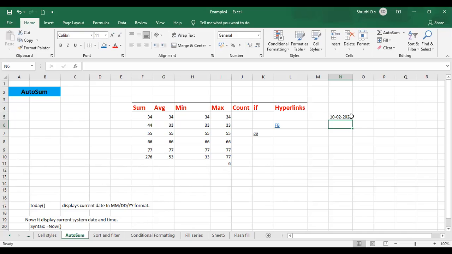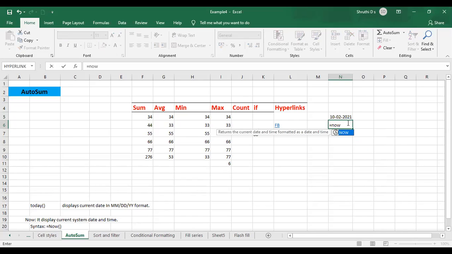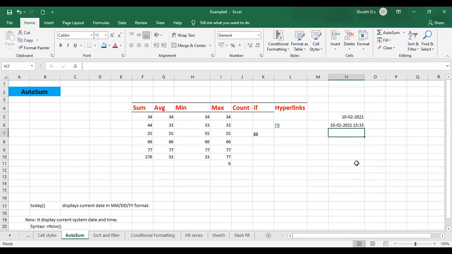Today's date it is going to give you by default, that is the current date. If I give equal to NOW and give the parenthesis and press enter, it is going to show you the complete date and the time. So today's date is 10th February 2021, and the time is 15:33, so 3:33 PM. Understood?